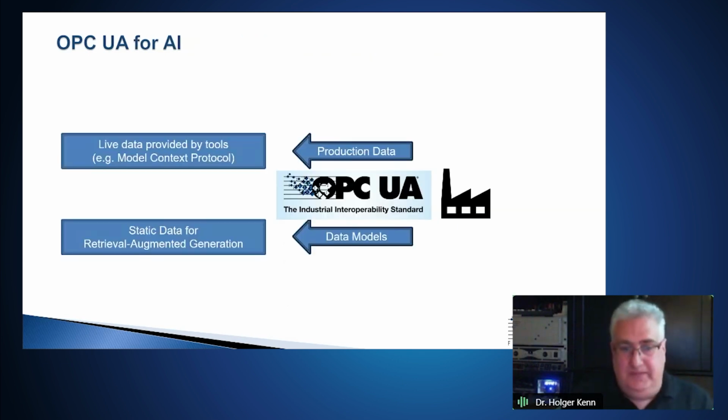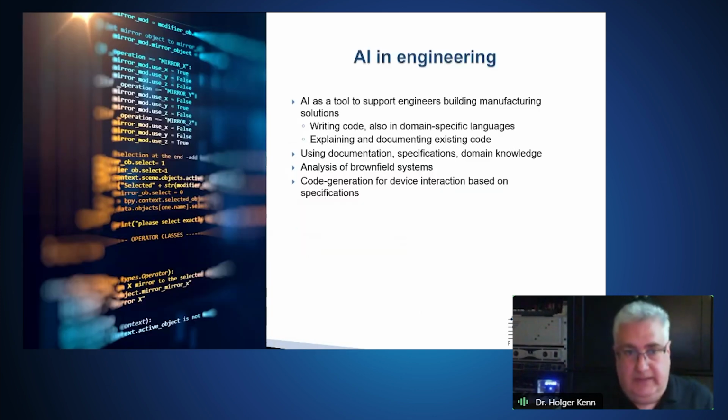So this is basically the bit where OPC UA comes in. Once you have the production data and the data models in OPC UA, it means suddenly things will get much, much easier. So what do we want to solve with this? So number one is probably something that you've heard already, AI in engineering. Well, this could be for software engineering. This is probably what's most popular right now, but also many other engineering use cases can really be supported by using AI.